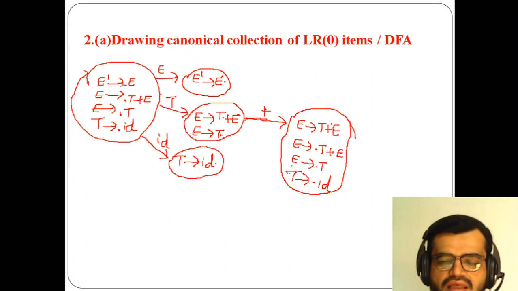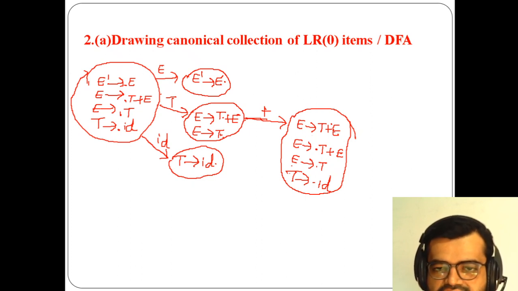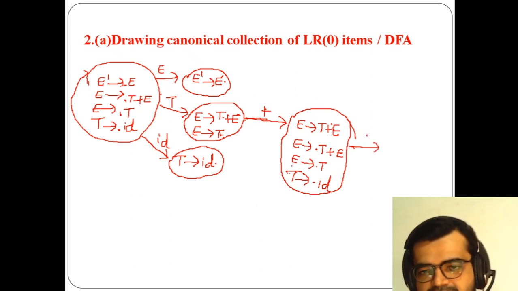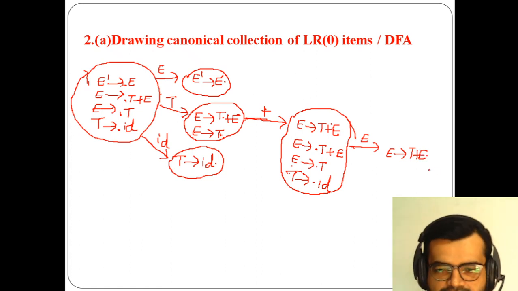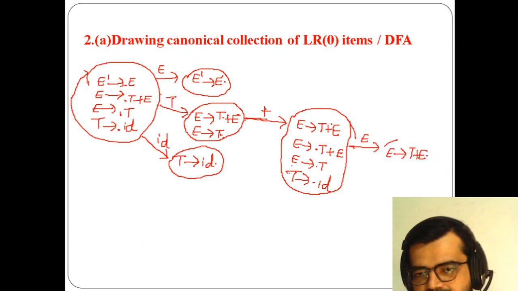Okay. Now is there anything else? Yes. If you go to the first production here, the dot still has to move. So by moving E, with the help of E, again it reaches the production E of T plus E dot. Okay. Now after the dot there is nothing here, so there is no need to read any further production. So here it is going to be completed, right?